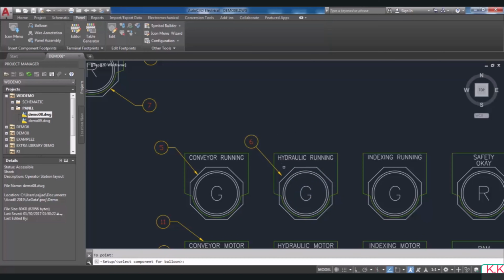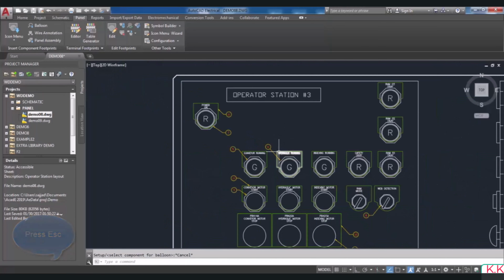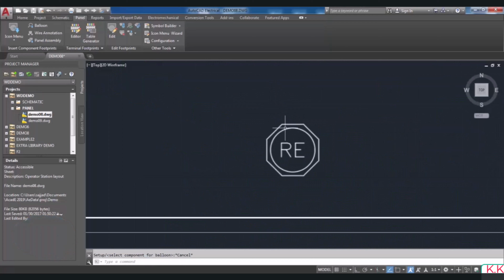As you see, the balloon, which contains the item number, is inserted here. Because this chosen component has a particular item number, it was inserted in the balloon automatically. But sometimes, when the component has no item number, when inserting a balloon you will be asked to specify the item number for your component. To explain more about it,